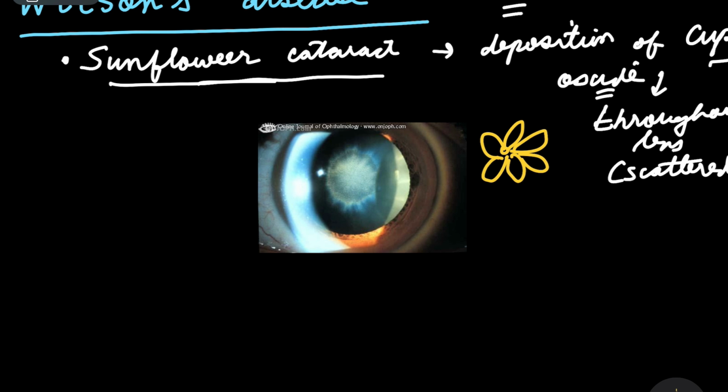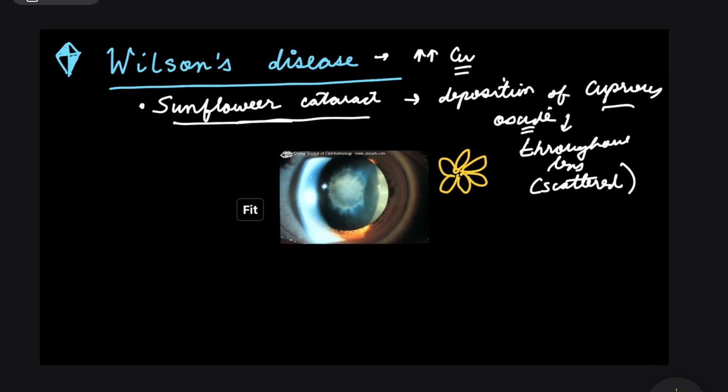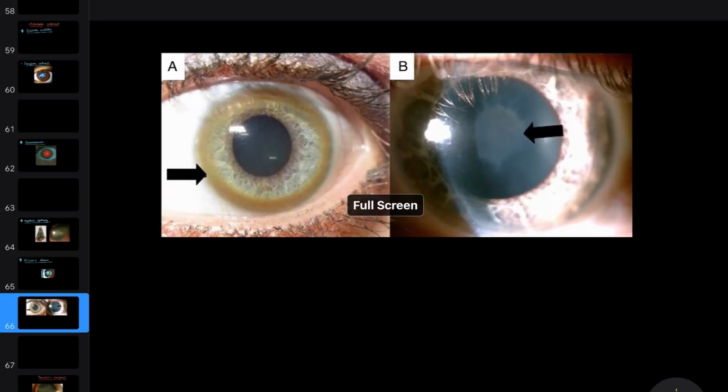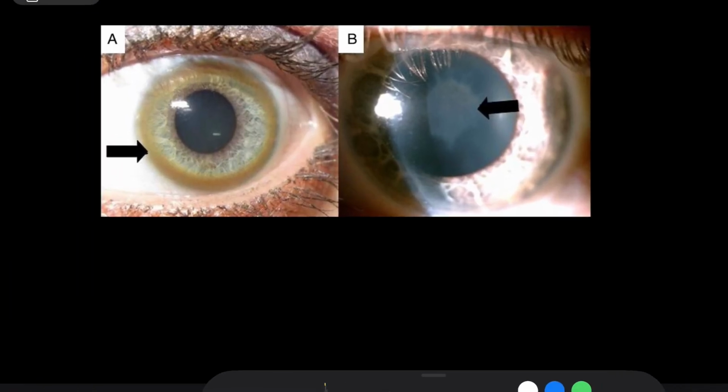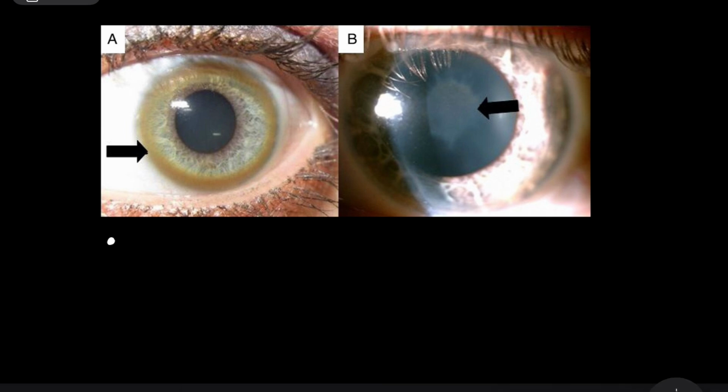There are other problems that it causes, and a very, very well-known problem. So what exactly is the problem over here? A special kind of ring can be formed. What I just said is that copper is accumulating in different parts of your body. Now, one of those parts is the lens, but it is not only accumulating in the lens. In the eye, there are other parts as well. So basically, listen very closely, if it starts accumulating in the Descemet's membrane,